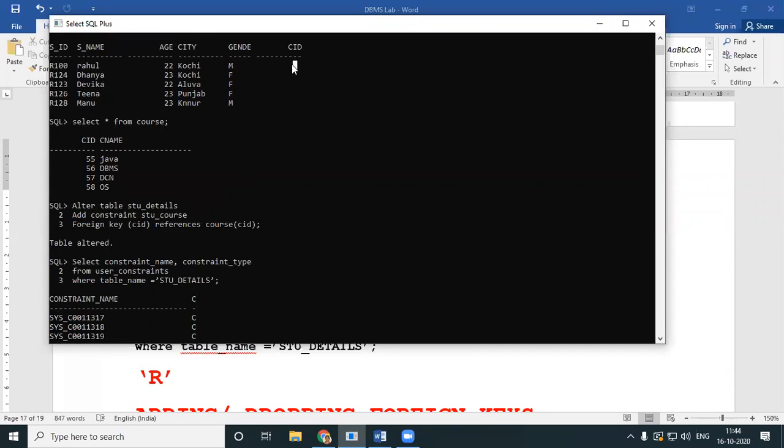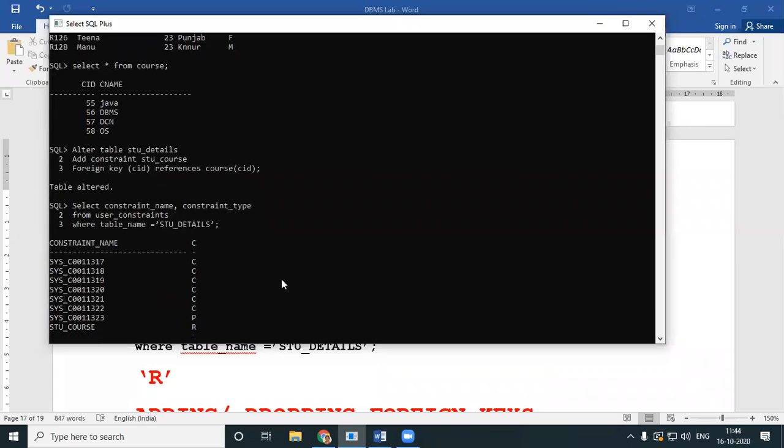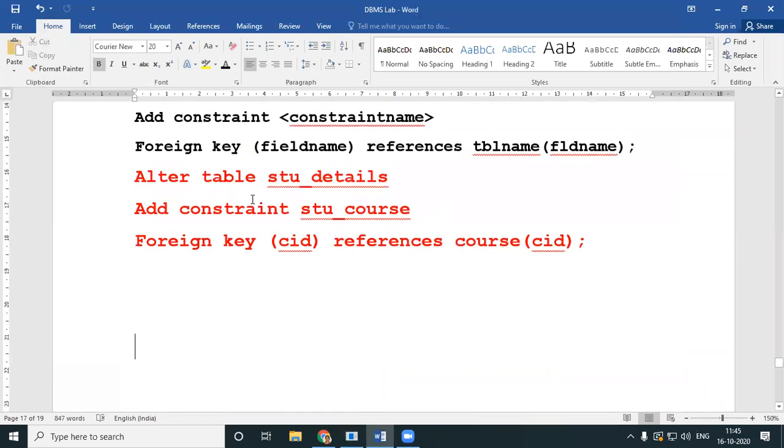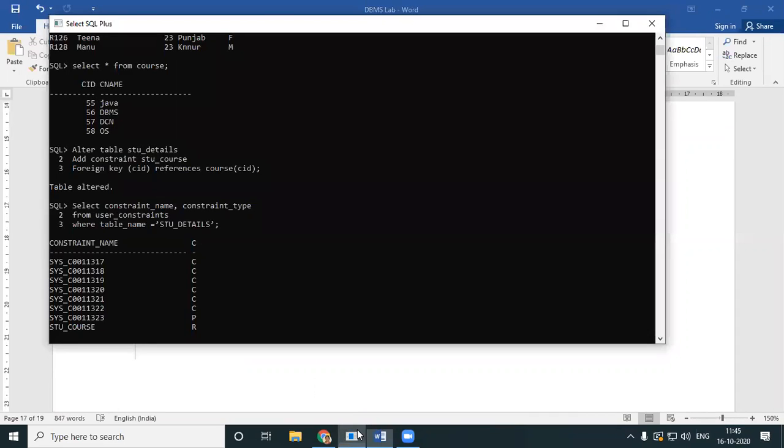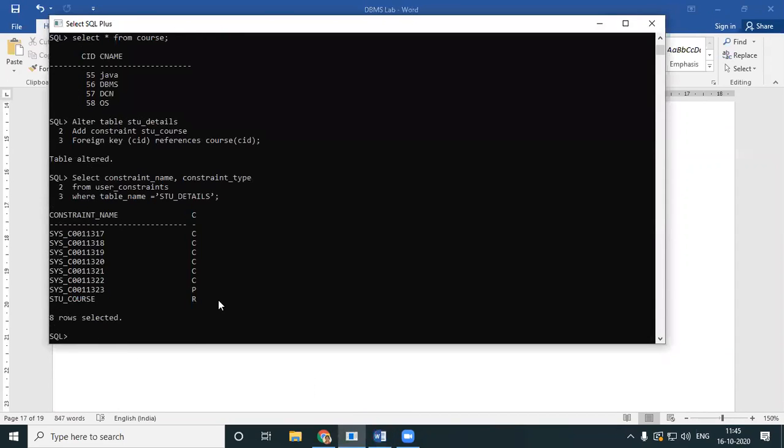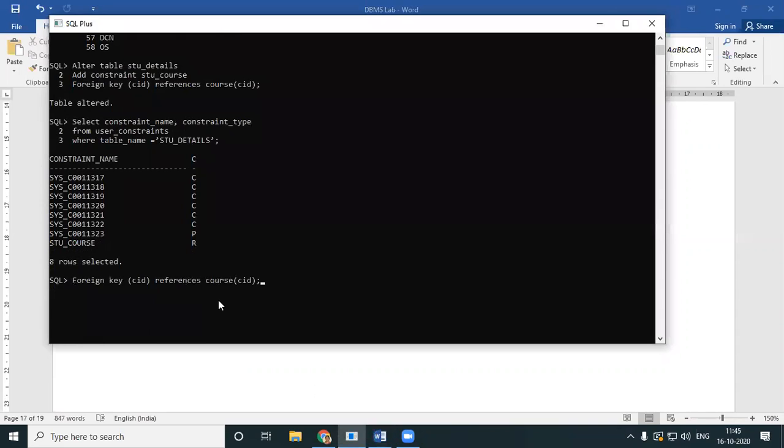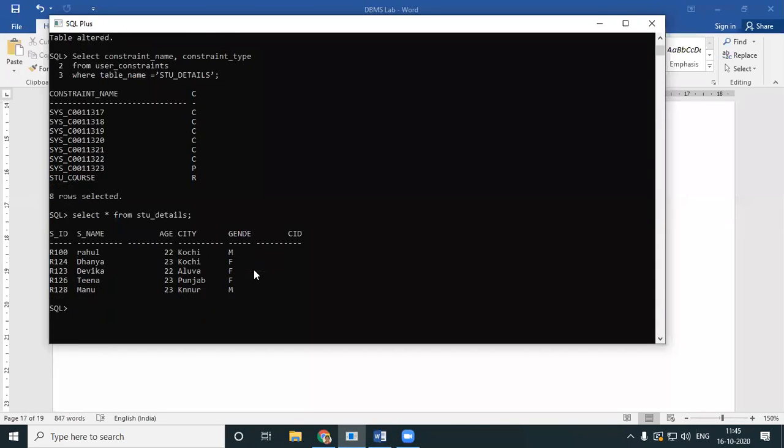Now let's put in values over here. Hope you remember how to put in values. You can directly give an insert query. Before we give the insert query, let us update Rahul's detail so that we can have a quick revision of how to update.